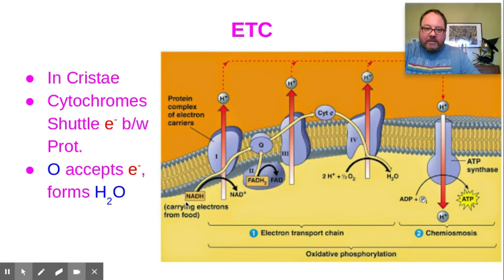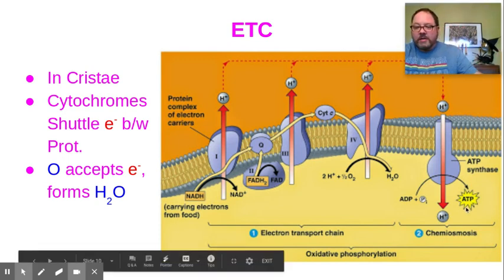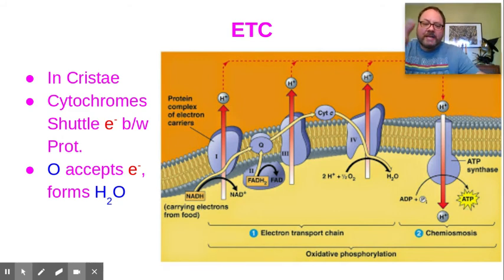So that's the basic idea. The protons and electrons from our food get passed along the electron transport chain and get used to make this gradient. When the protons flow down their electrochemical gradient, it makes this enzyme ATP synthase spin. When ATP synthase spins, it brings together ADP and phosphate, and then it forms ATP. So we can get something like 32 ATP per glucose. When you break down a glucose molecule, numbers vary based on the efficiency of chemiosmosis, but you can get about 2 ATP from